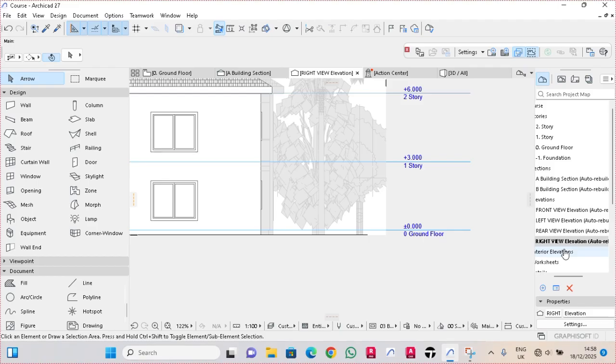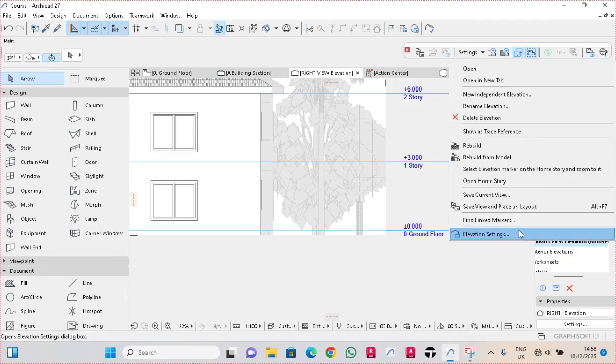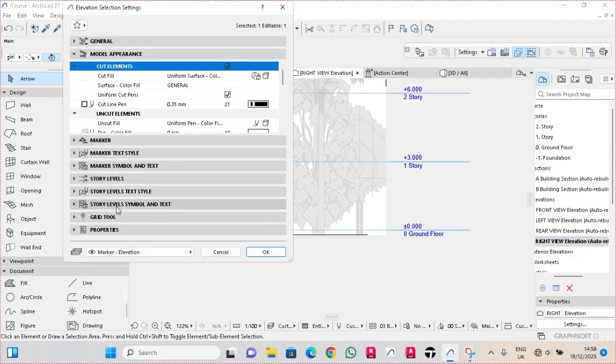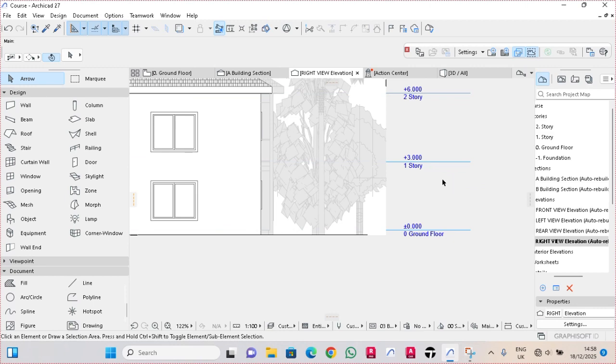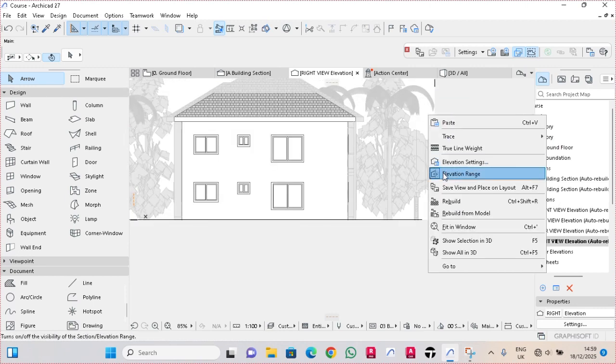Something I'm equally going to do with all the elevation is that I'm going to select on the elevation, click on elevation settings, move down to story levels. On this point, I'm going to unactivate everything, click OK. Once I do that, I'm going to right click, move down to elevation range,